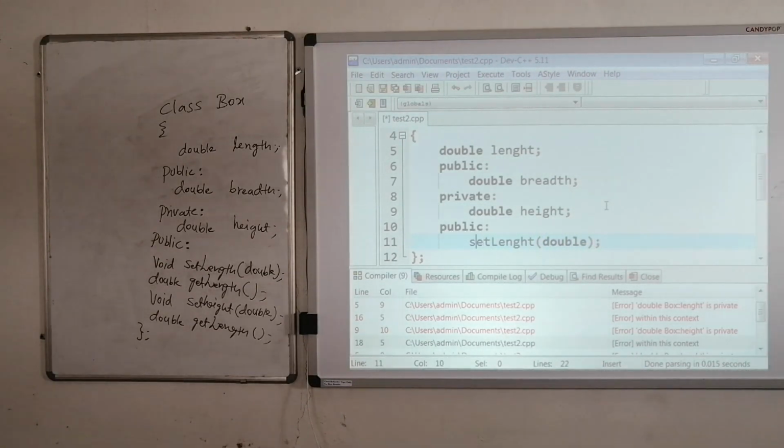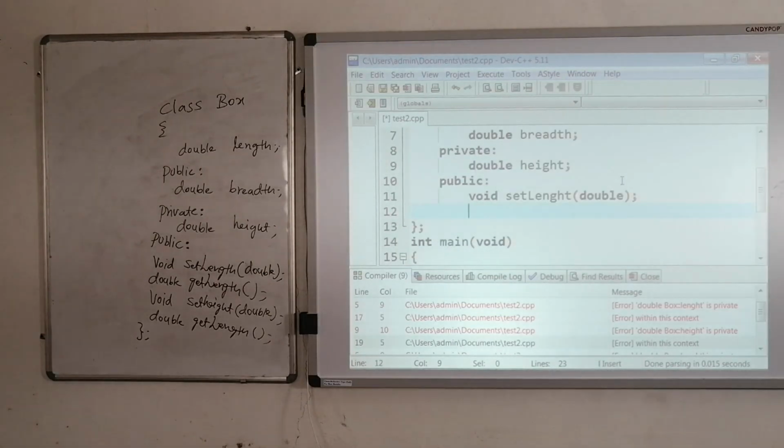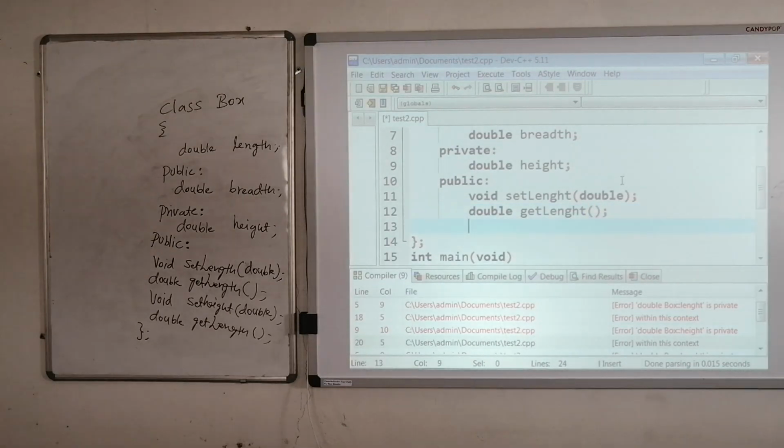Either you can write the function definition inside the class or outside the class, but we will prefer to write the definitions outside the class in order to avoid the confusion. So now getter method, double get length of, no need to pass any parameter.